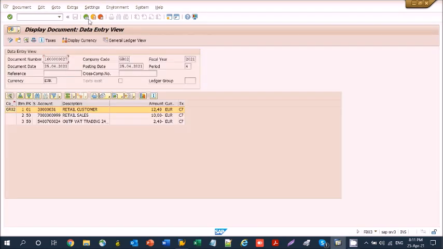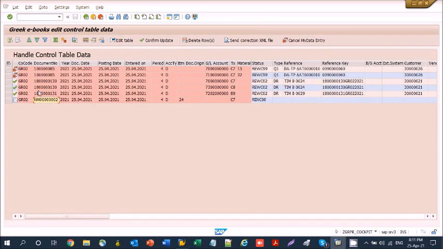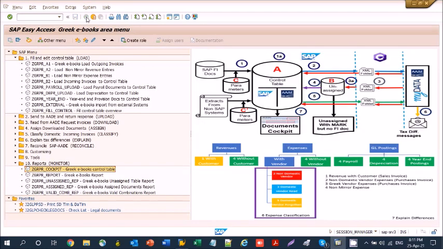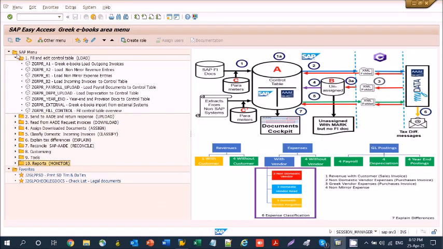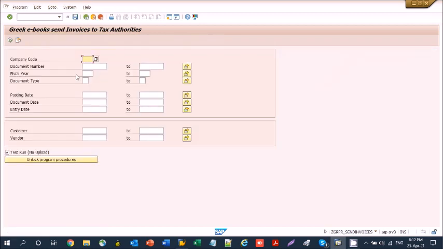It's a summarized line. Then we run the send invoices to the tax authorities.